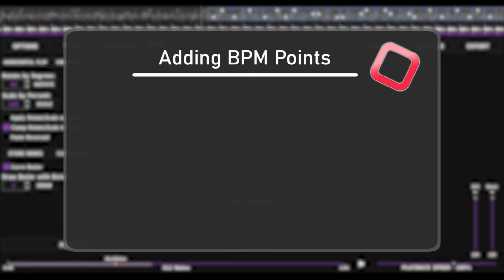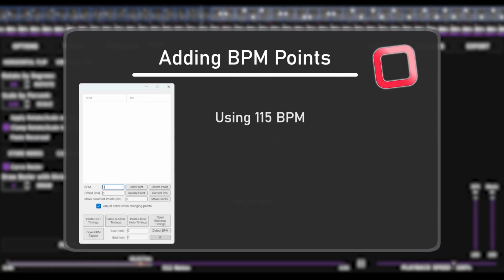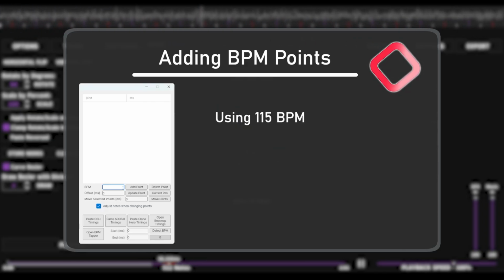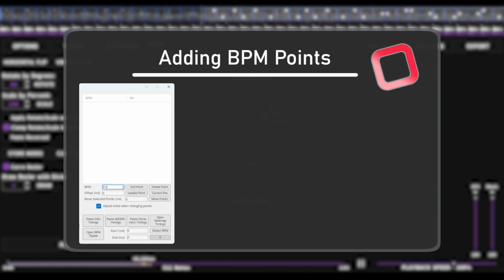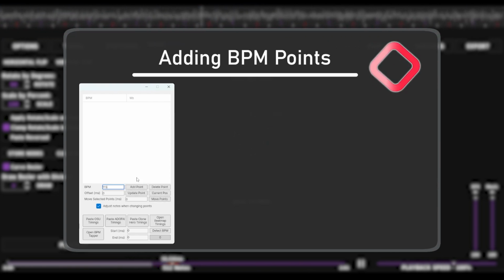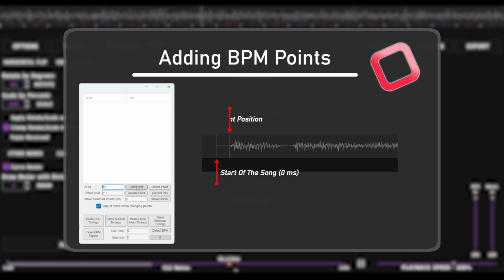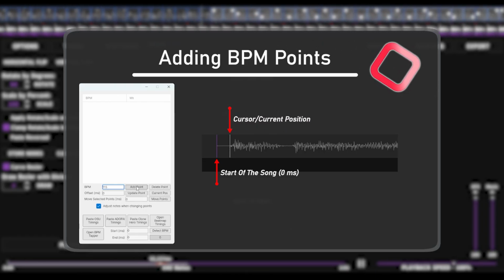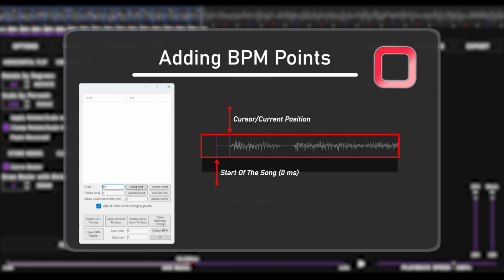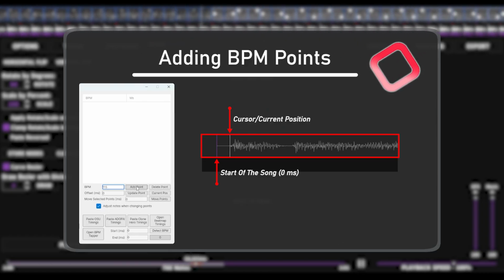After finding what tempo or BPM your song is using, you need to add it to your chart. Go to your BPM setup and type what BPM you're using and where you want to start it, which is called offset. You should usually put the start of your BPM at the millisecond sound is played, which is indicated with the little squiggly lines, and to read where you are in MS,